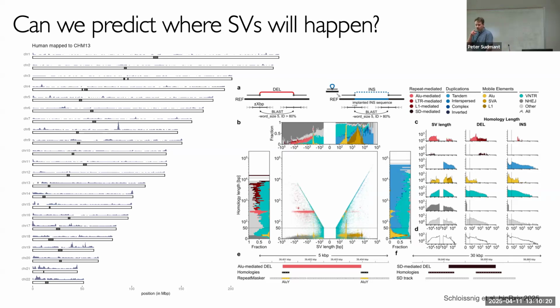And you could start to think about these. This is this insane plot from this paper on bioRxiv, Schloissnig et al., from Tobias Marschall's group. This is basically just a huge set of structural variants from humans. And this nasty, horrific plot here is showing SV length for insertions and deletions. And then they went and tried to find homology outside the structural variant, on either side of where the SV was. And then this is plotting the length of that homology. So this huge cloud here is Alus.